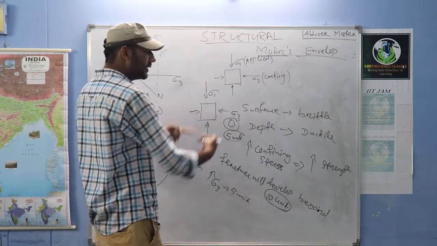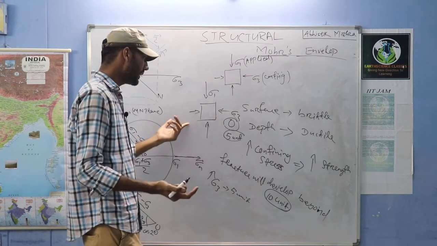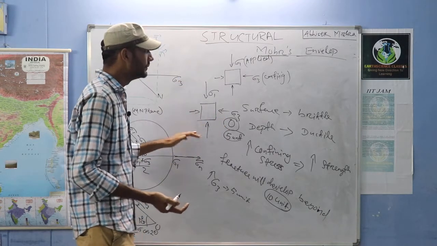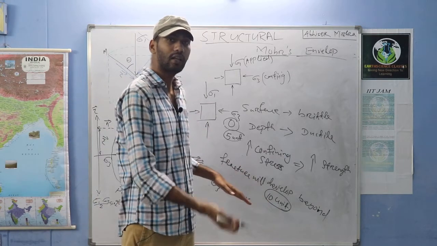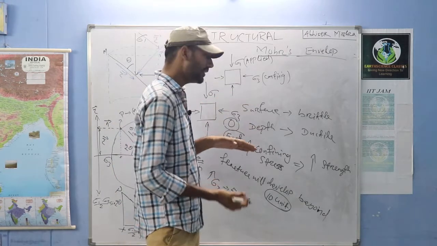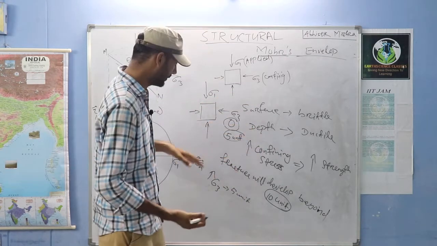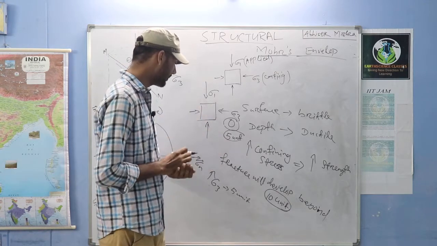The material is under some confining stress. In the first case, that is 0. I am not applying any confining stress. I am putting the applied stress. Beyond 10 unit, the material will break down. That means I am increasing the applied stress and watching when it is going to rupture. At what stage, at what amount of stress it is going to rupture.